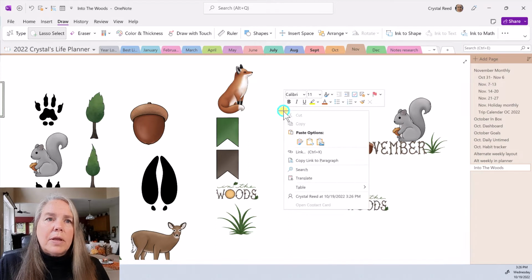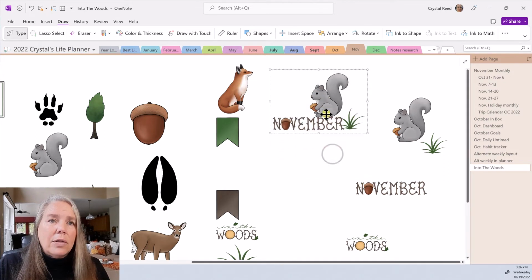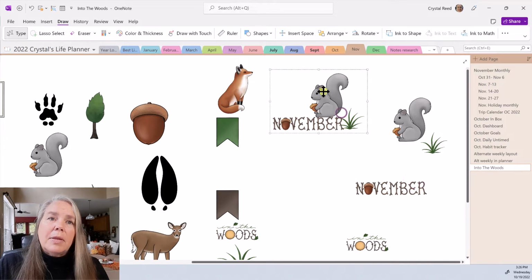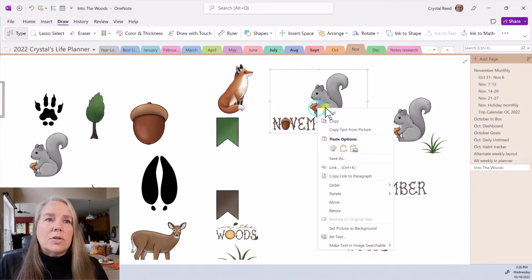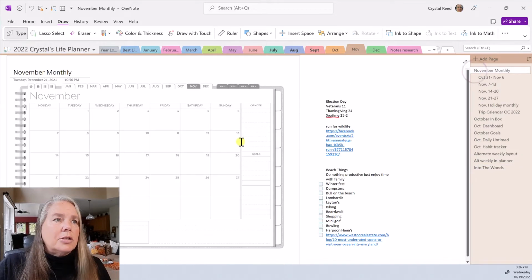And then I can come over here on the side, and for pasting I have 3 options. I can paste and keep source formatting, I can merge source formatting, but what I want to do is paste as a picture. Okay, and now that I have that as a picture, you see it as one graphic. All of those individual pieces are still individual pieces over here, but this is now one graphic that I can use on various pages. Okay, so I'm going to copy that,